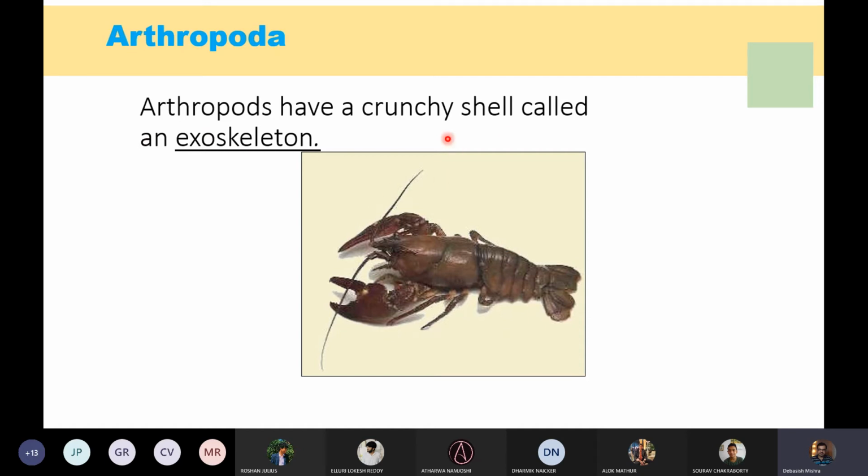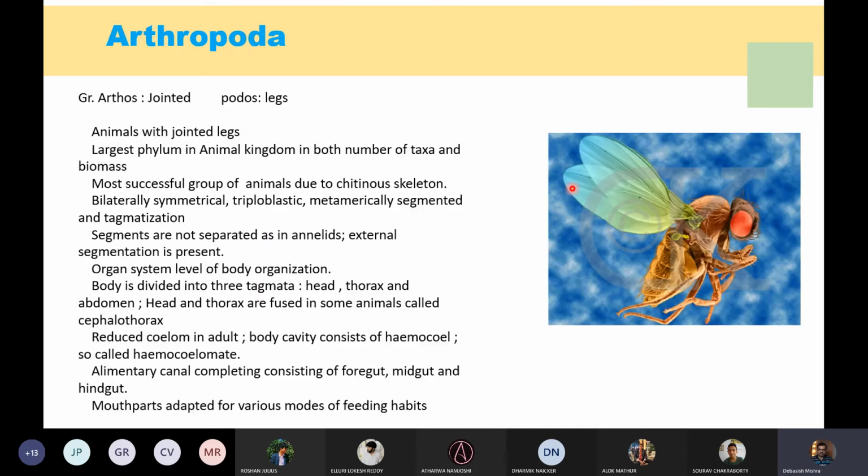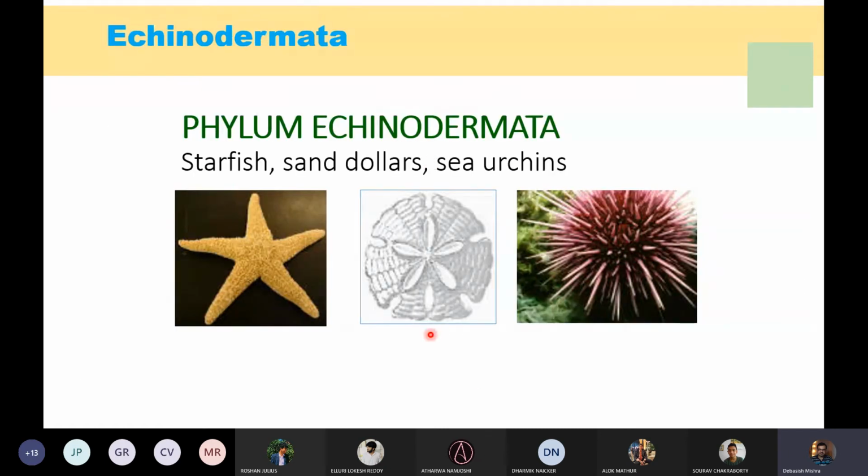After this, in chordates, we have protein-based exoskeleton or anything. We also have nails. These can be called exoskeleton, as can horns. So insects are a special kind of arthropods which have four wings and six legs, compound eyes. These are certain characteristics.